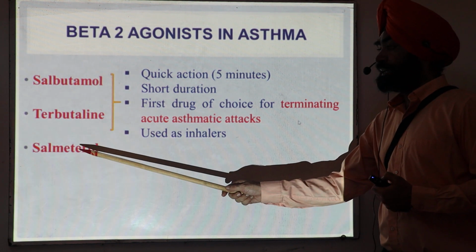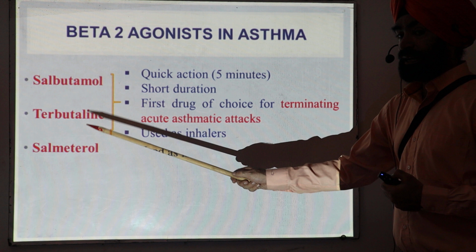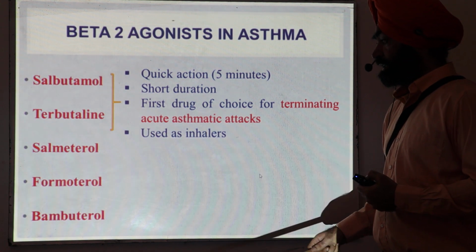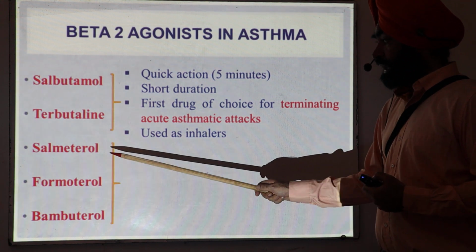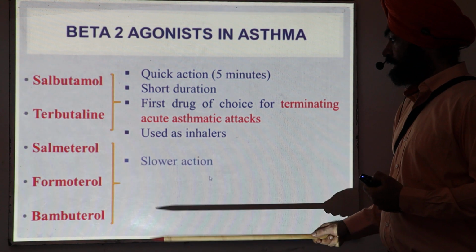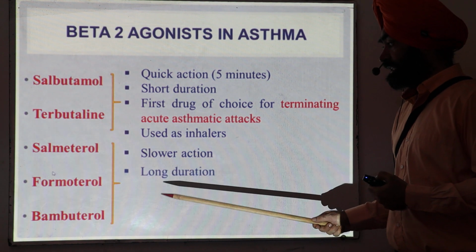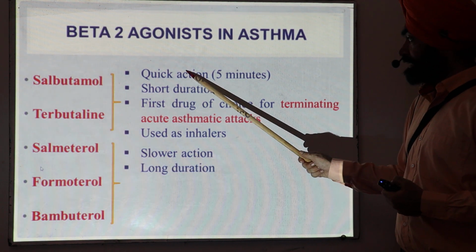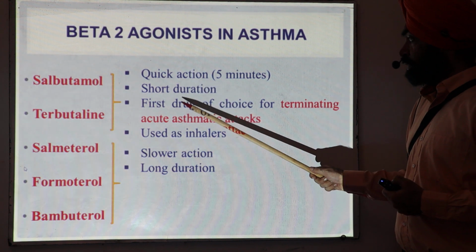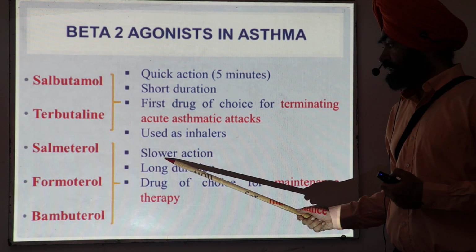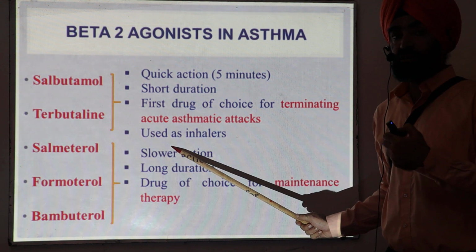Now we have more beta 2 agonists like salmeterol, formoterol, bambuterol. Now all these are slower acting, but they are longer acting. So you can see the difference: quick, slow, short, long. Because they are slower acting, they are not very useful in